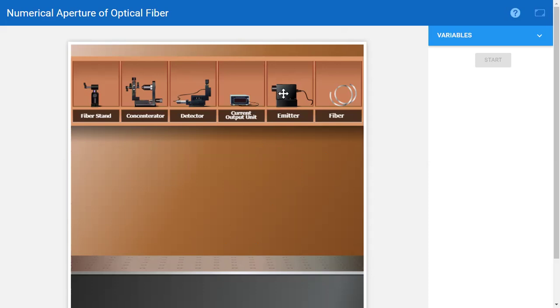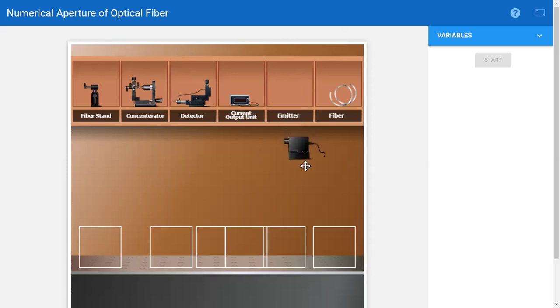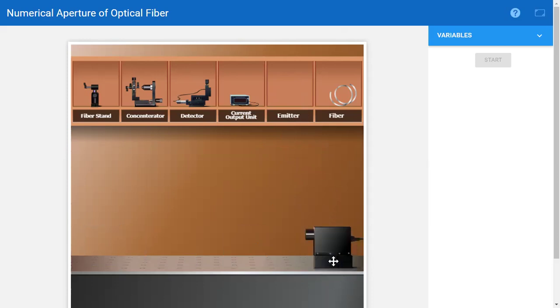Here is the one thing called the emitter. Emitter means it is the source of laser which emits the laser light. So that you have to take first, and it should be kept here. This is the first equipment you have to keep. Next